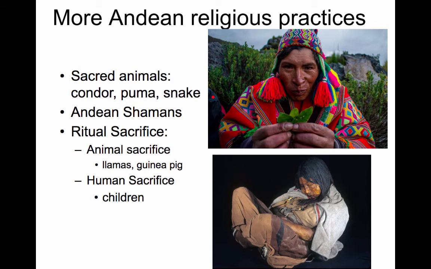The condor is the animal that protects the realm of the air or the heavens since they fly. And they're so beautiful. If, again, you ever have the chance to travel to Peru, there's a canyon, Colca Canyon, where you can watch the condors soar. It's unreal. The puma is the protector of the earth, the earthly realm. And then the snake is the protector of the underworld, right, which the snake is often in many religions doing that. Another popular religious practice are the shamans.